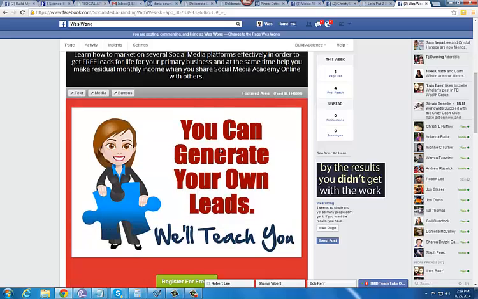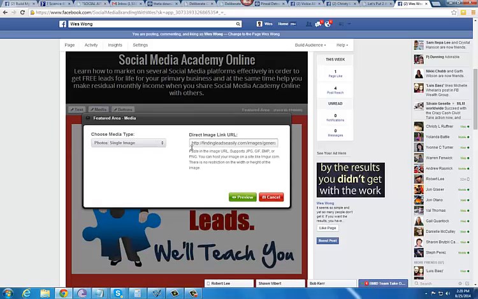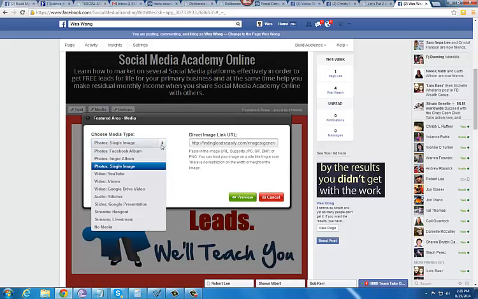And on this one, like I said, it's got an image that fills the whole page that I added through media. You can do a single image, or a YouTube, Vimeo, Google Drive video that will be inserted. Okay, I just selected a single image